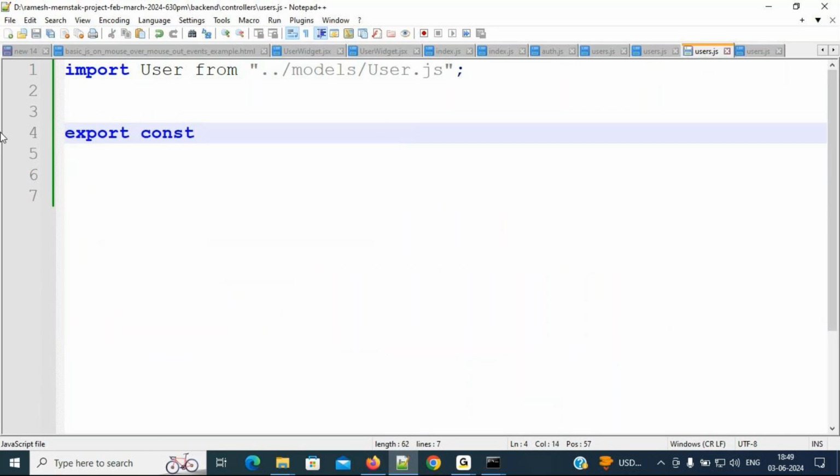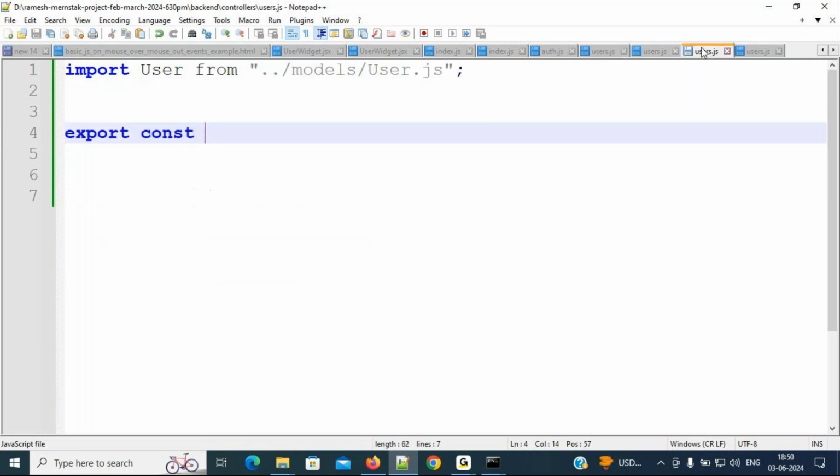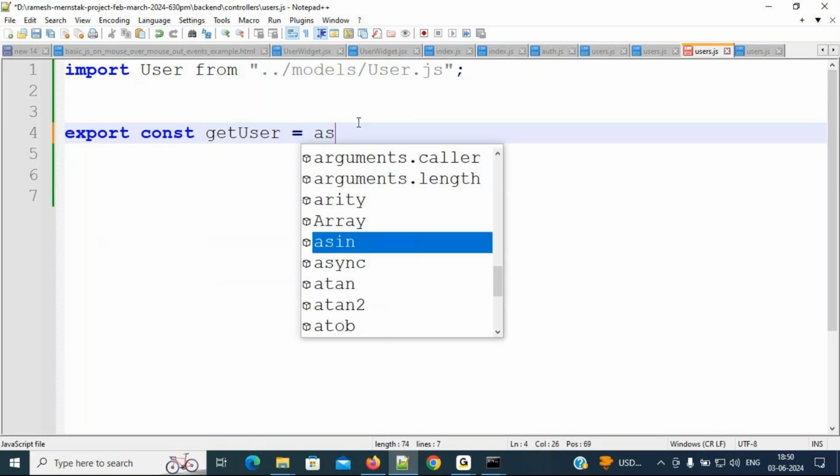What is the method name I need to write here? getUser. What is that, everybody? getUser equal to